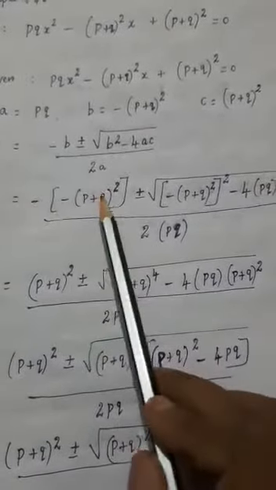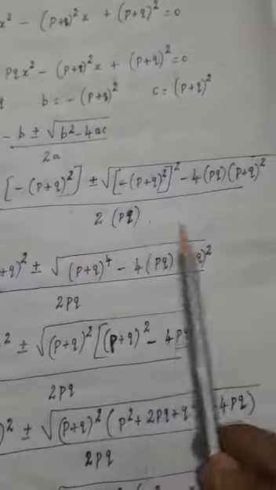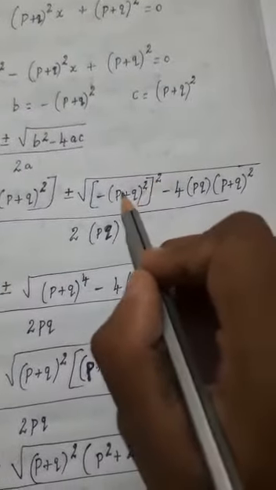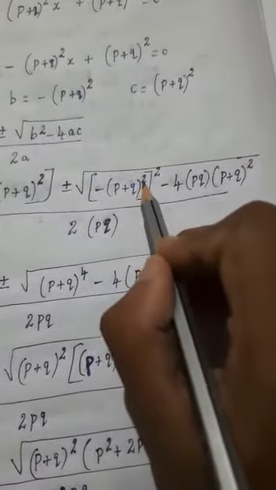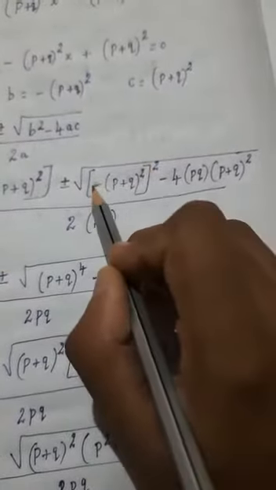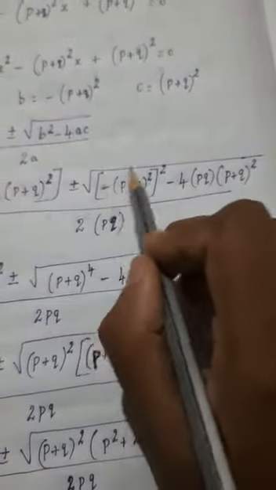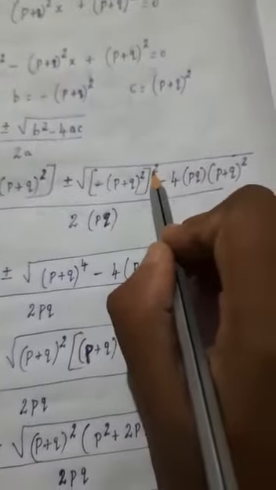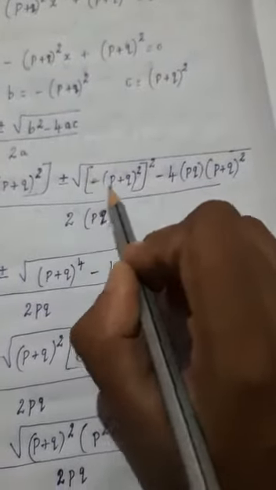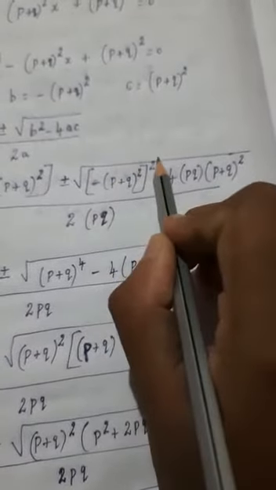So the next remaining thing, what do you have? (p plus q) the whole square plus or minus root of, here see this square is common for (p plus q) square. So here this minus, the square is common for this minus also. You know that minus 2 times if you multiply, how will it change? Minus minus, it will become plus only. The square is common for this minus also, that we have put in the bracket. So minus square means minus into minus, that will become plus only.